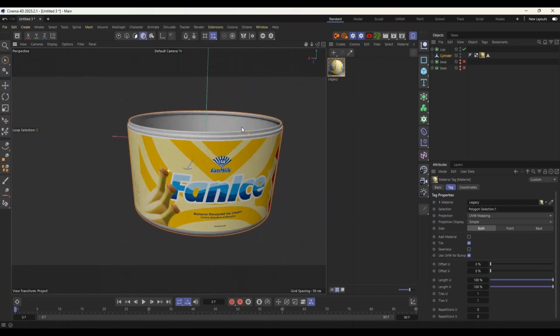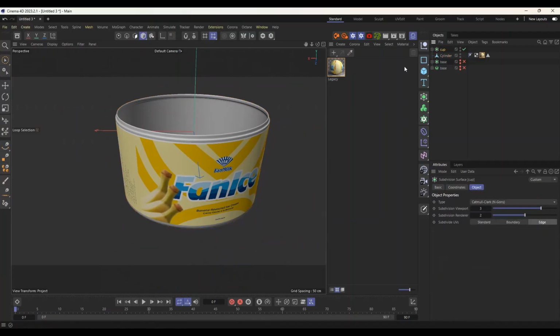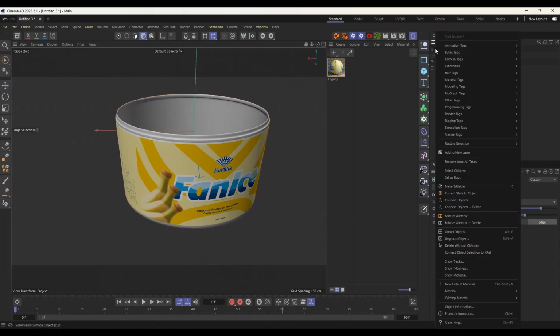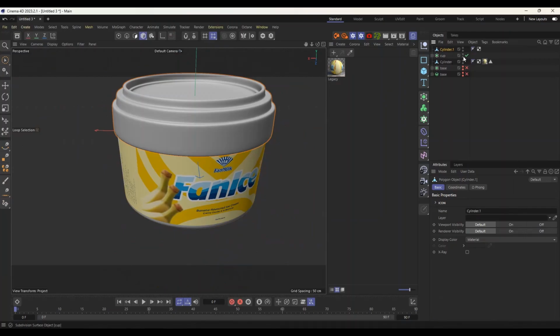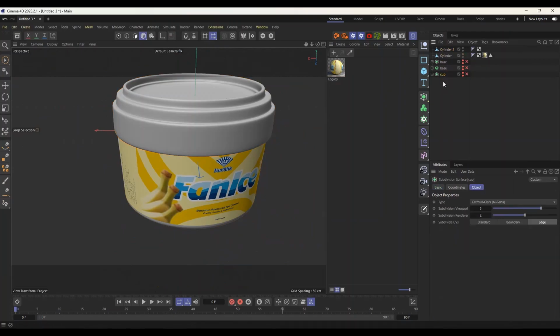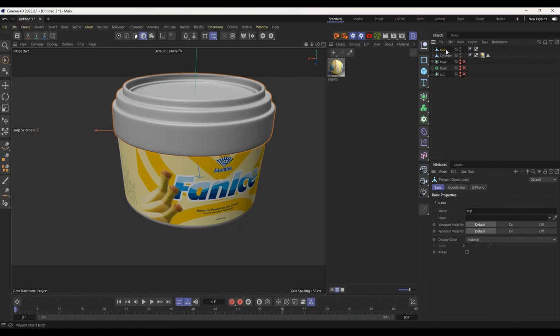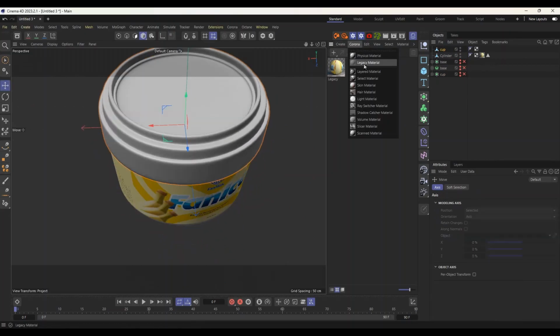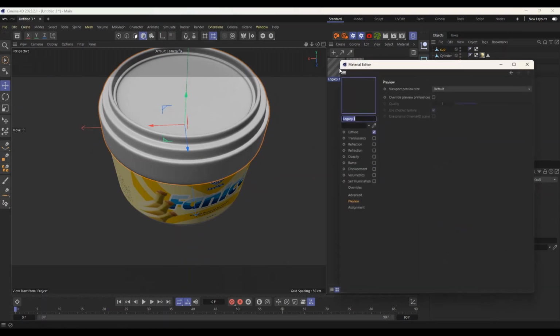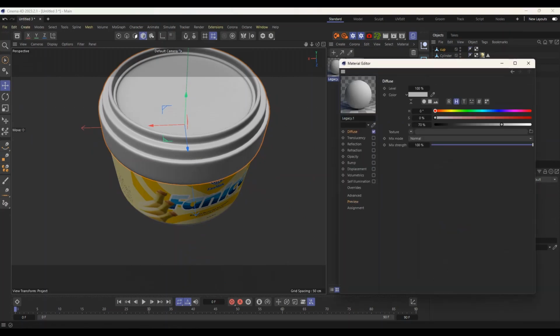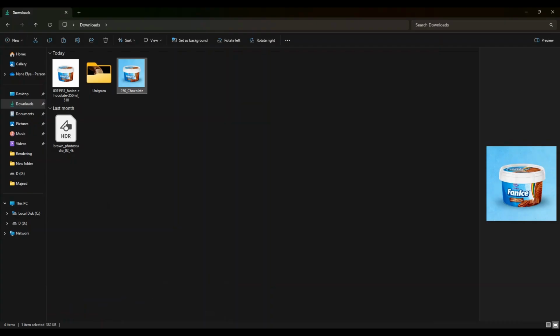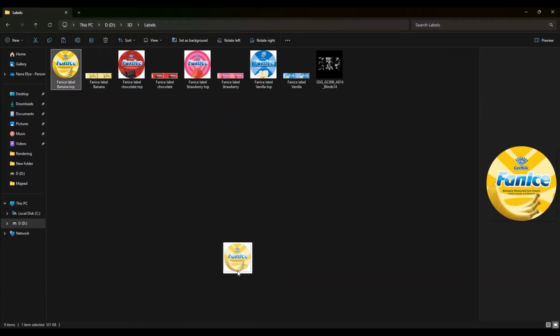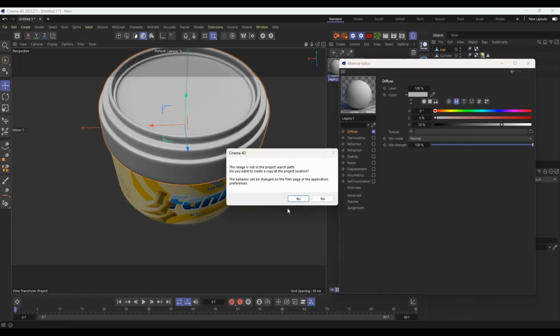So the next thing we are going to do is do the same for the cap. We are going to connect the objects and then close this. So we'll close all the selections. So, cap. Now we are going to make a material for the cap too. So we'll click on this, double click, and the diffuse we are going to drop inside it, the top material. So we'll drop it,